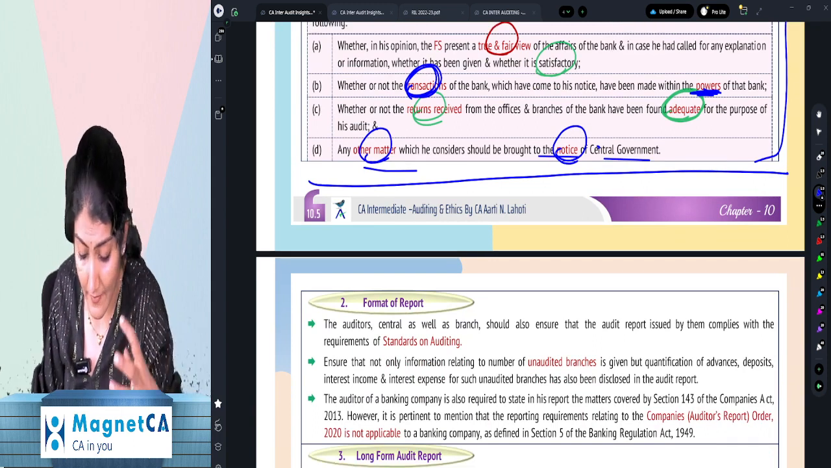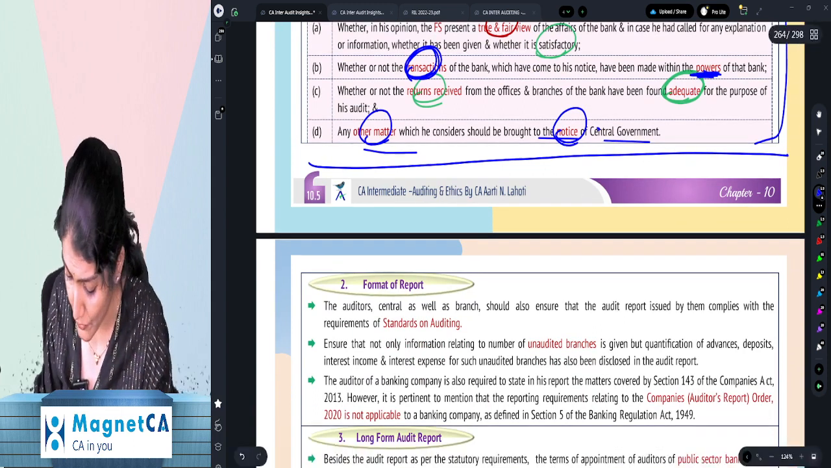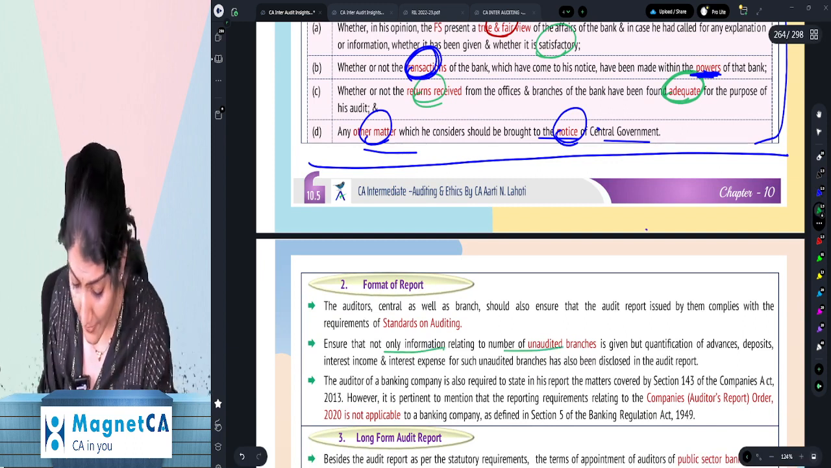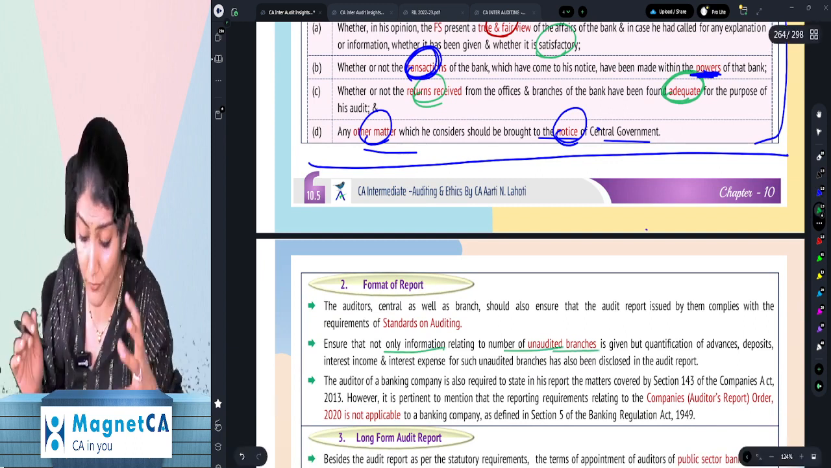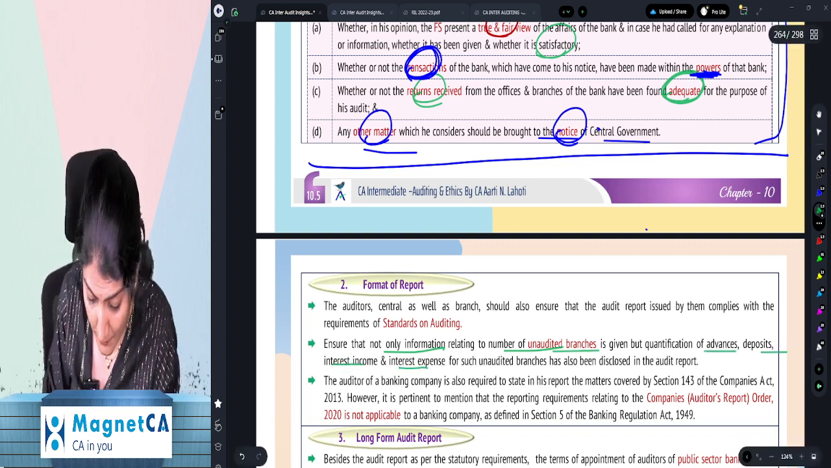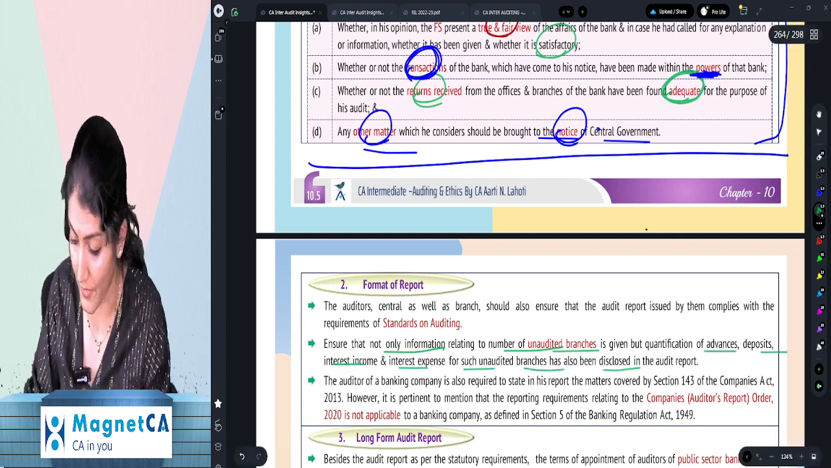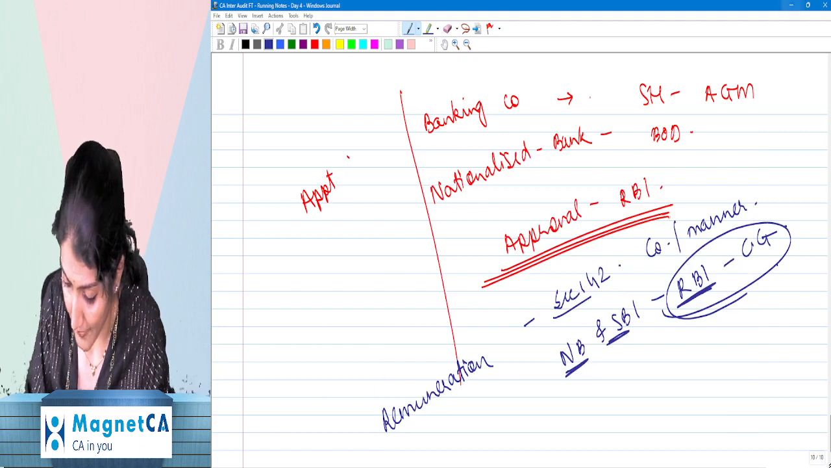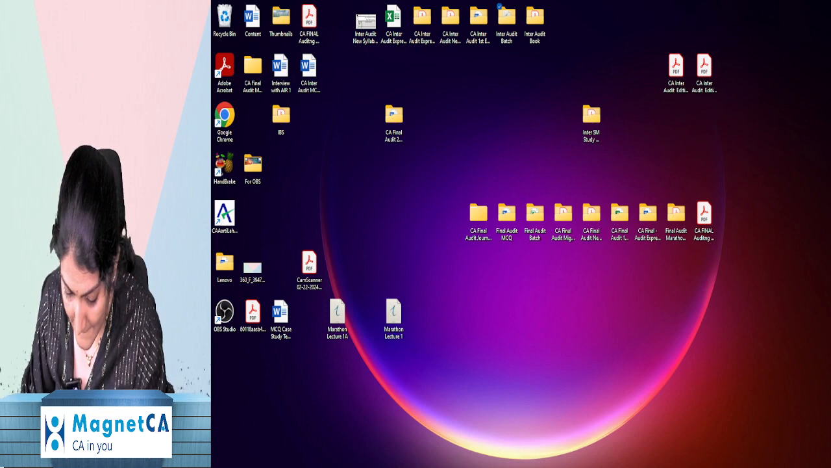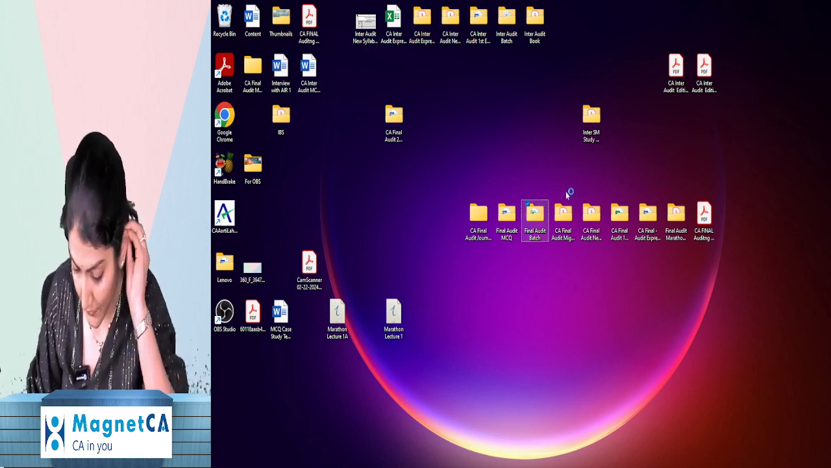Then in the audit report, does the auditor need to mention the number of unaudited branches? Yes. Not only give information relating to the number of unaudited branches, but also give the quantification of the advances, deposits, and interest income of such unaudited branches. So if I come over here to the State Bank of India audit report,